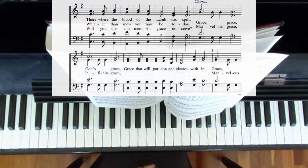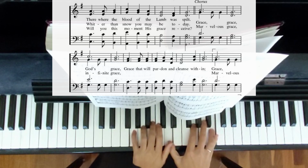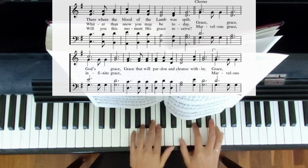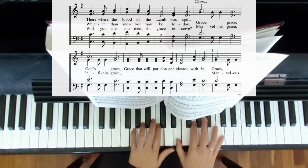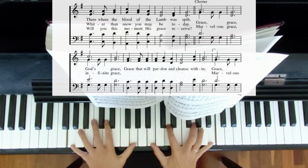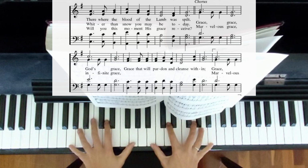If we look at the chorus, it starts with grace, grace, both G's, and then it sings God's grace. Now God, even though the G is on the bottom, it's a C major chord, and if it's got a G on the bottom, it means it's a C major chord in 2nd inversion. And you can hear it's different to the G. So we can sing grace, grace, and then here's our C chord, God's, and then back to G chord on